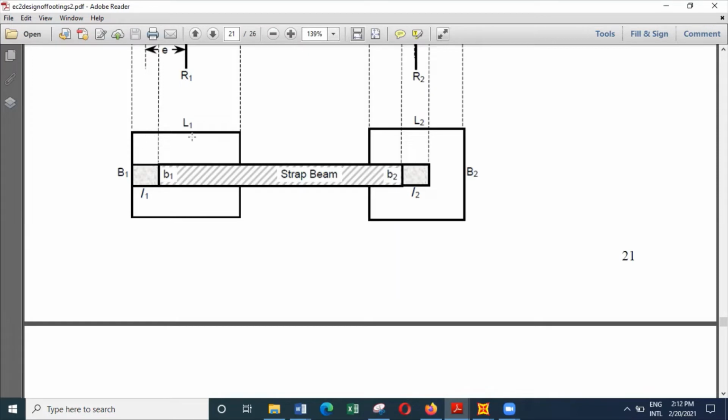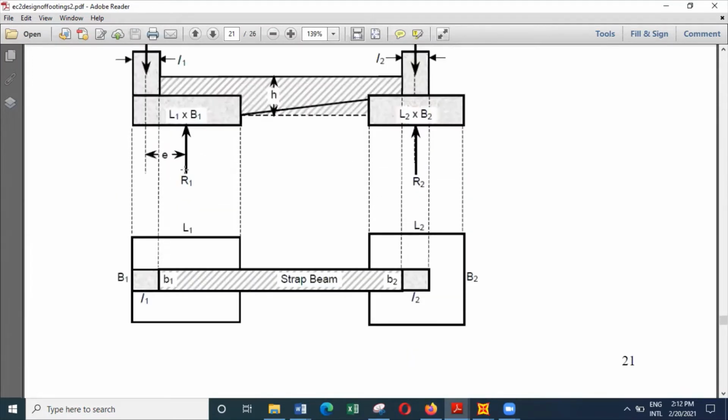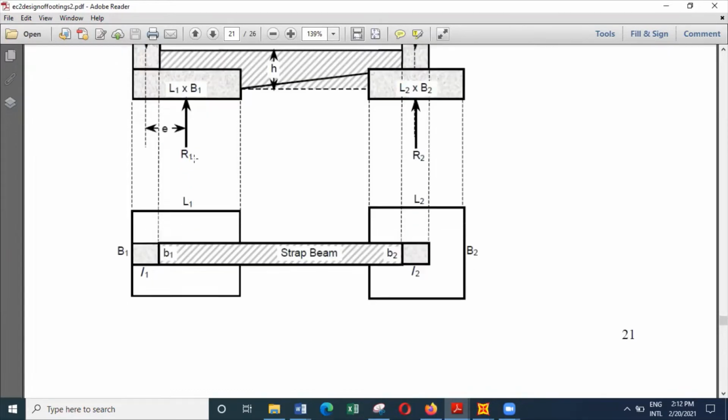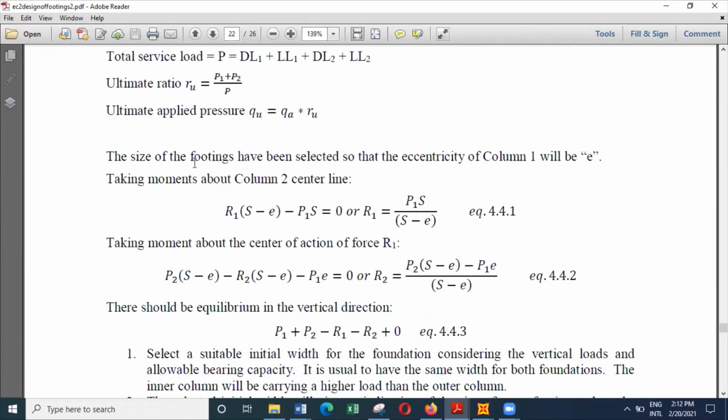And when you know the overall length of the foundation, because we know this particular force is acting at the center, we can find the value of eccentricity. So once the eccentricity is selected, a reasonable value, we can actually select R1 and R2. From that point onwards, we will be able to select many other parameters that are unknown. So that's how we are going to